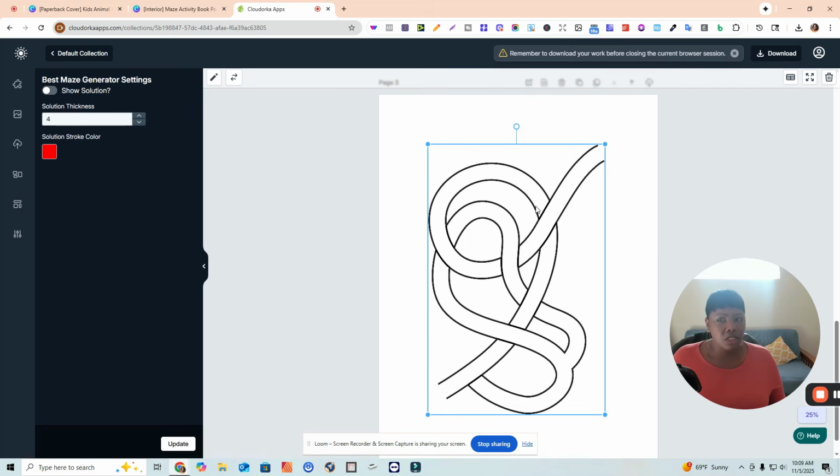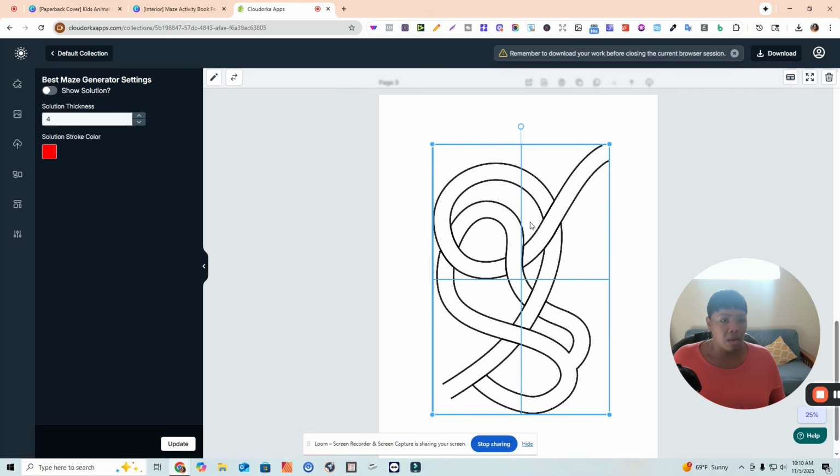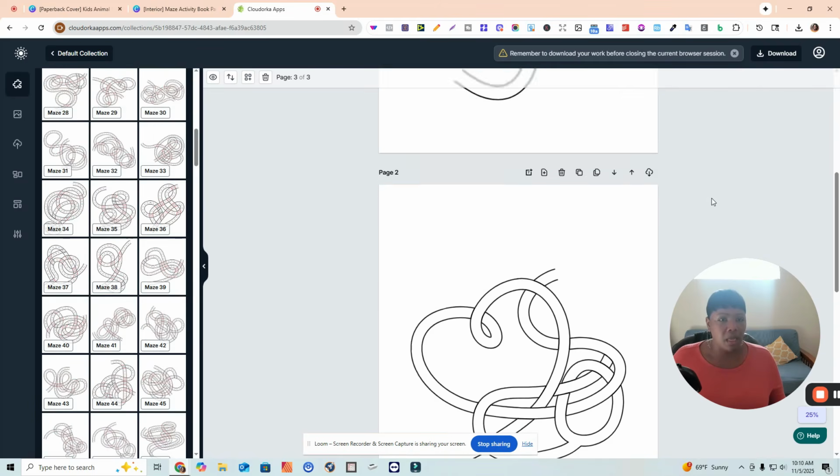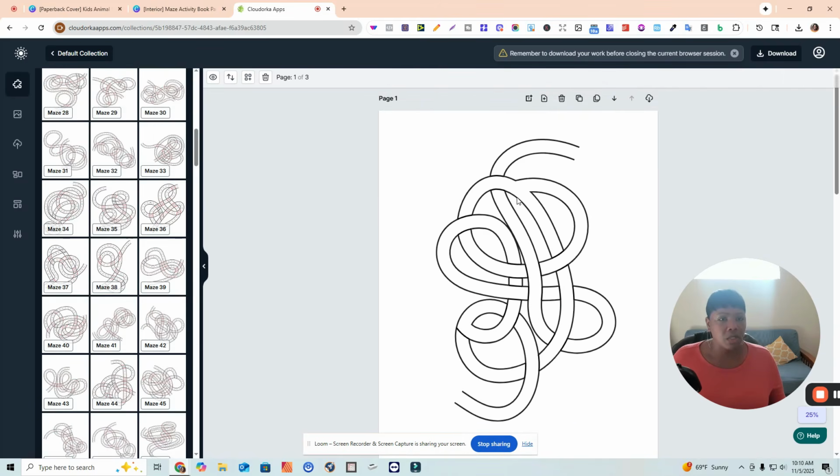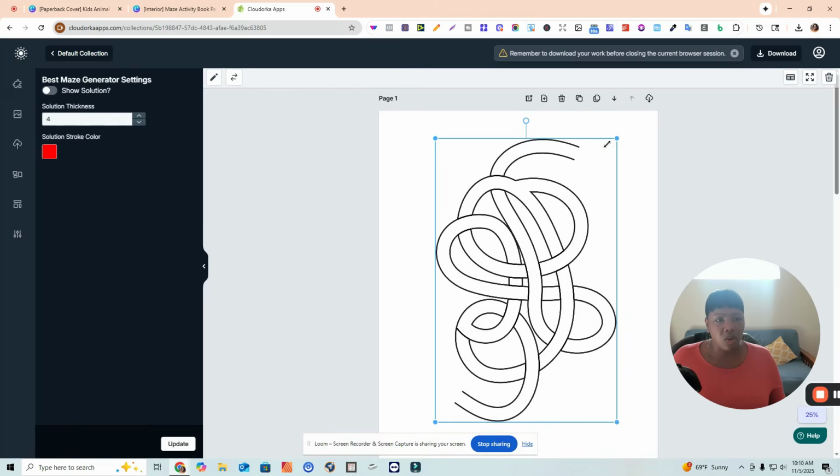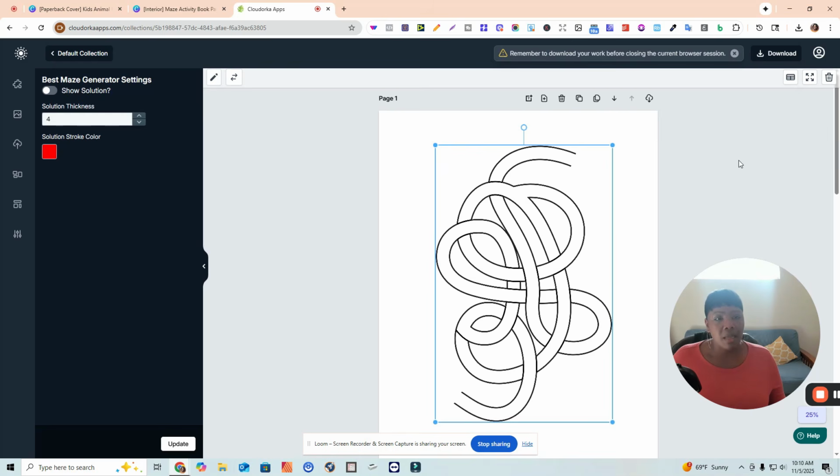Now, what I like to do, again, whenever I am doing my maze puzzles, I usually just put the mazes on the pages by themselves, and then I'm going to download this as a PNG file so that I can upload this into Canva into my puzzles. Okay, so what I'm going to do first though is I'm going to go ahead and generate my solutions page,